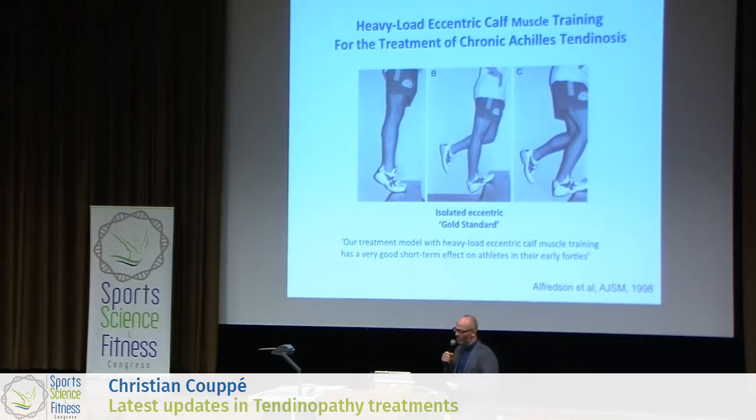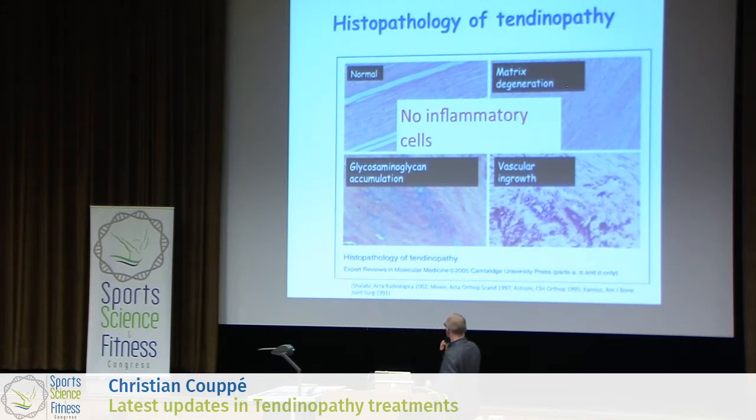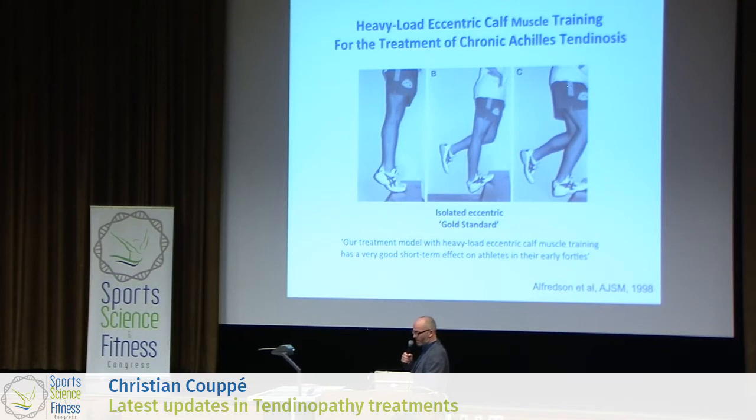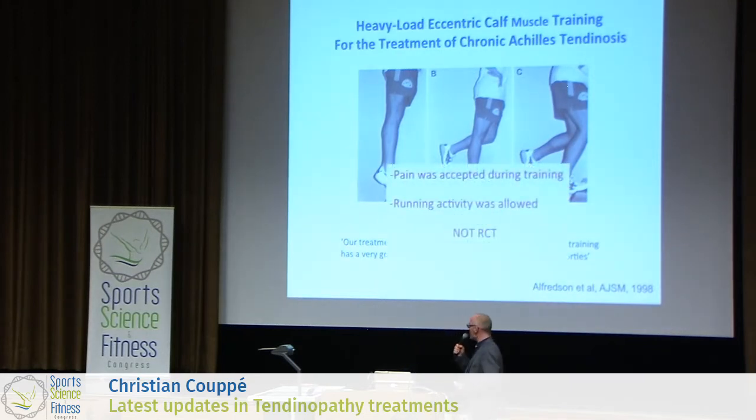from the early studies of Curwin and Stanish, which also used eccentric training to treat it. But I think one of the reasons it came along was that he and his group and some others were not able to find any inflammatory cells in the tendon, and it is still debatable how much you can actually find. There are some that claim there might be some inflammation perhaps in the beginning, but it meant that pain was accepted during training, and at the same time you could run,